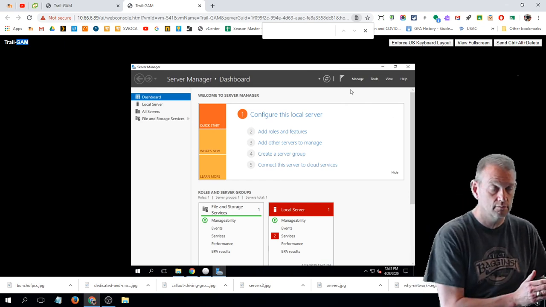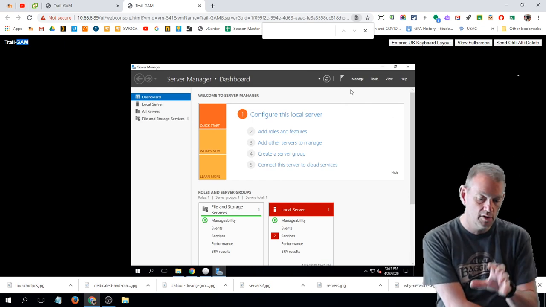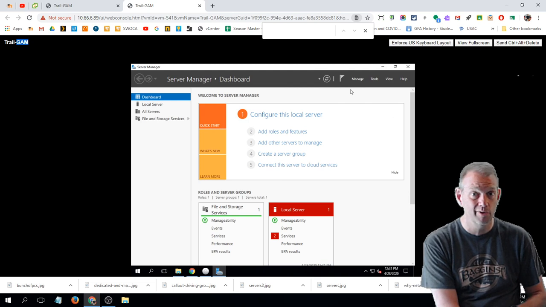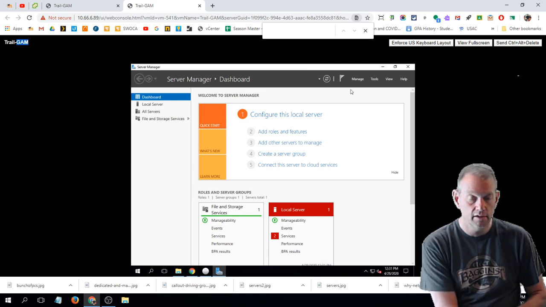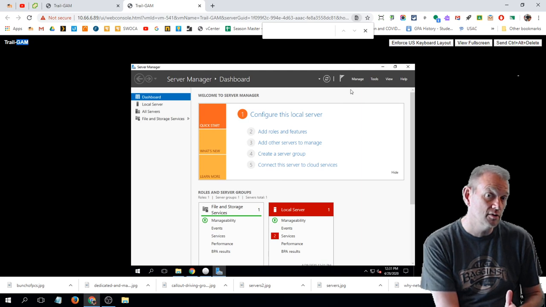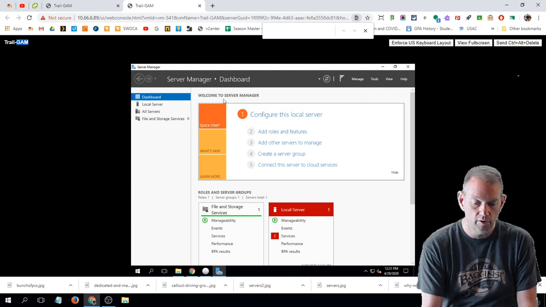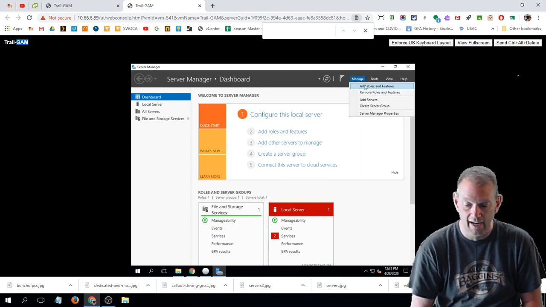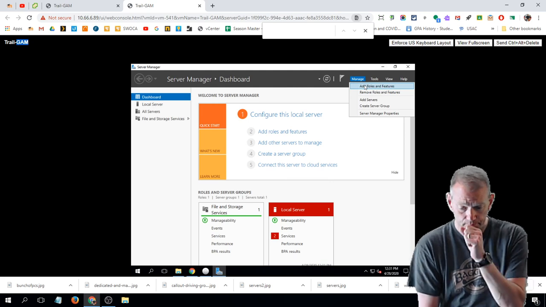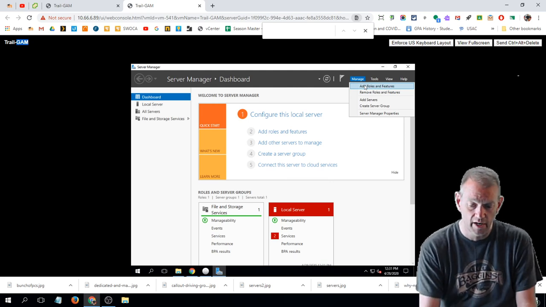It is a server. It's running all the time. I could have done what I'm doing with it right now on a Windows 10 machine, quite honestly. But I did it on a Windows Server, so I could add things to it later if I wanted to. When we go down here to server, I can go to manage up here in the top right hand corner, and you can see I can add roles and features. And when I click on that,